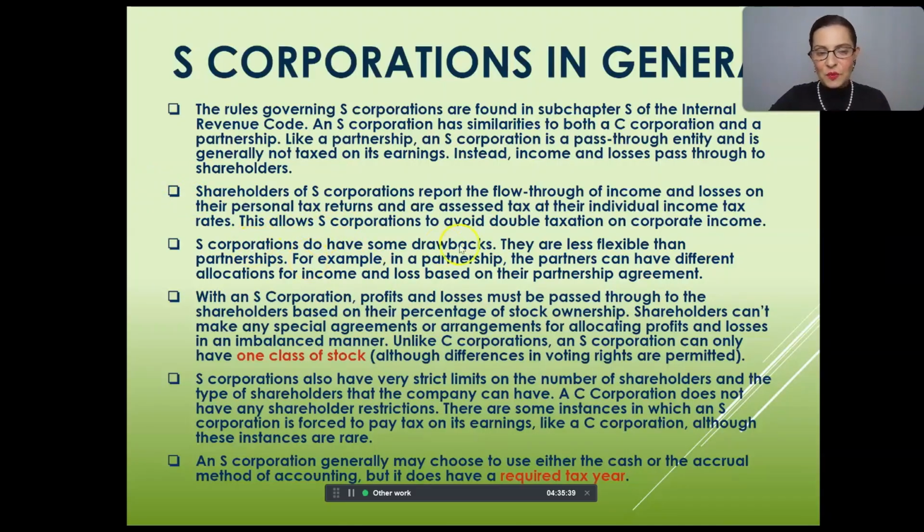Okay. S corporations do have drawbacks. They are less flexible than partnerships. For example, in a partnership, the partners can have different allocations for income and loss based on their partnership agreement. There's none of that kind of flexibility with an S corporation. And in fact, if you do have unequal distributions where the shareholders, if it's more than one shareholder, right? Okay, I want you to understand this. If it's just one shareholder, if it's just one owner, you don't have to worry about unequal distributions, none of that. Problems start to arise with S corporations when you have multiple owners in the business